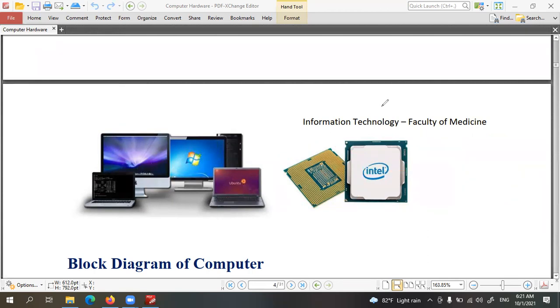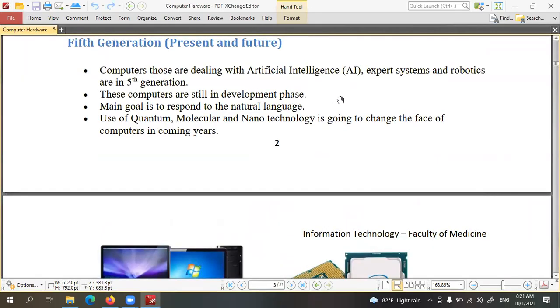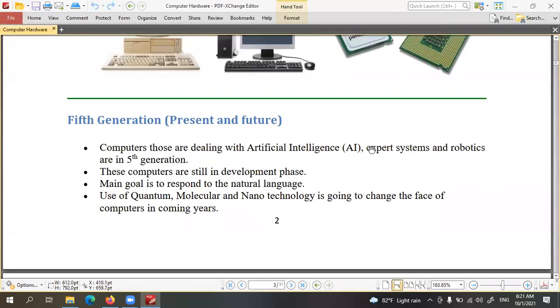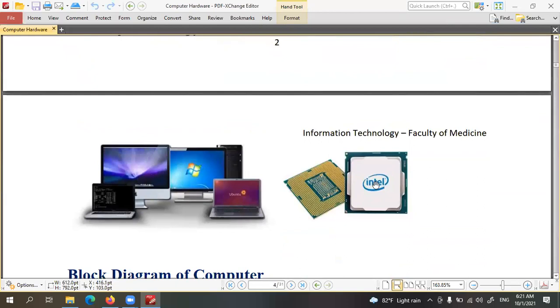So in the fifth generation, some additional concepts were combined with computers. Those are artificial intelligence. That is because these processors can process at higher speed. So then computers can take very advanced, complex decisions in a very small time period, right? So after the fifth generation, there is no such significant development in the microprocessor. So we are still developing the same microprocessor which was developed in the fifth generation.